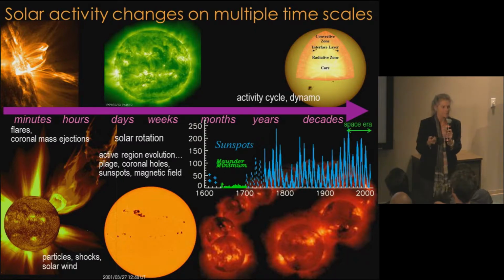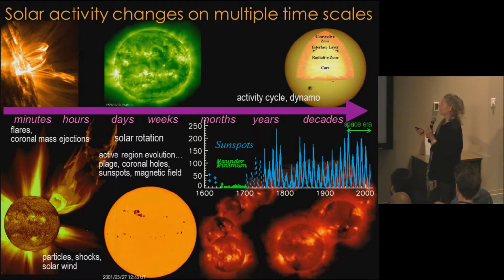Paleoclimatologists, and people in general, love to use the sunspot number as the generic indicator of solar activity, but it is not the irradiance. What we care about when we want to understand the effect of the sun on the Earth is what the irradiance is. And so if we look at that,